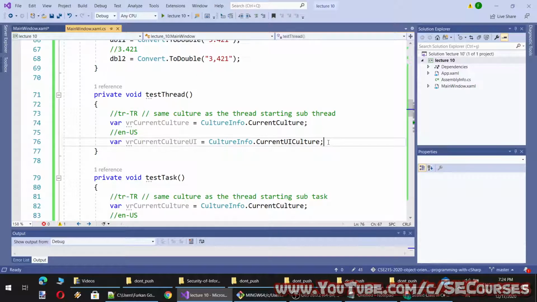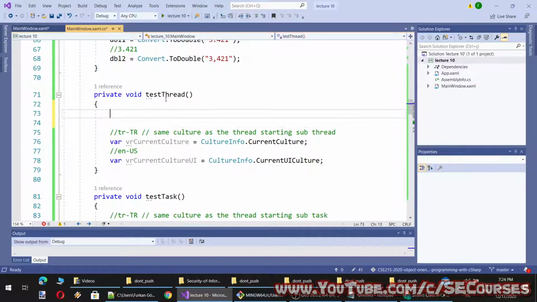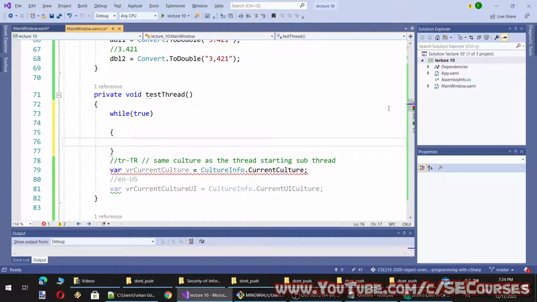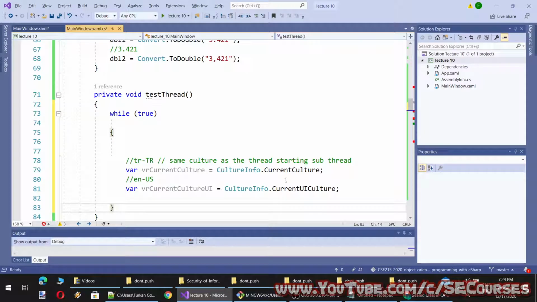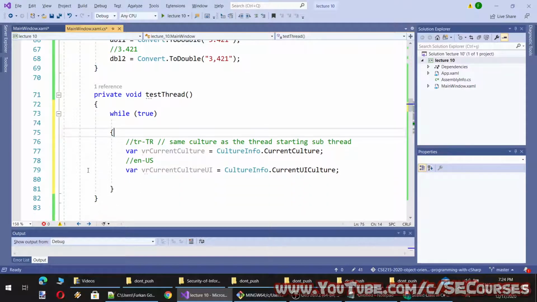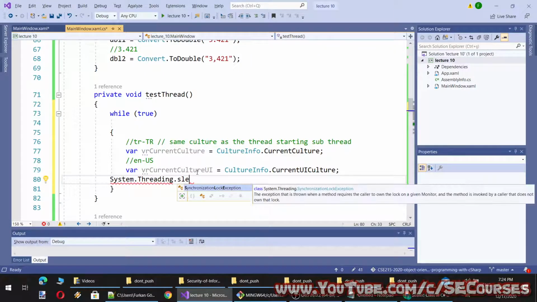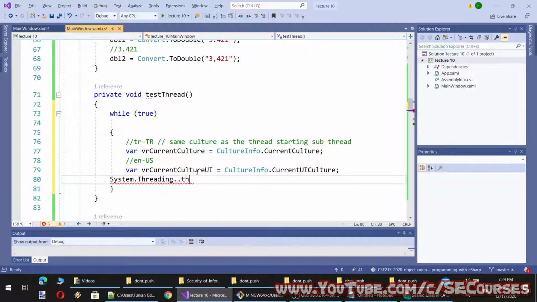So this is our test thread, and in the test thread, what I'm going to do is while true, it will just loop through these lines. Let's add a System.Threading sleep, so it won't consume my whole CPU.